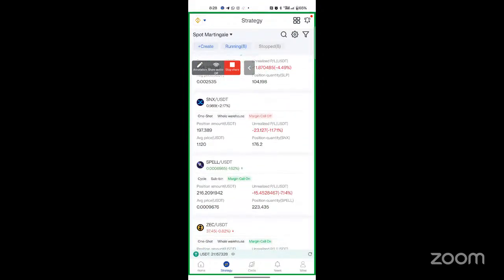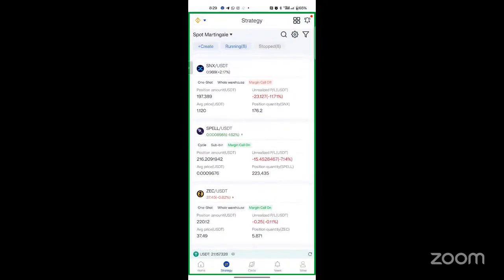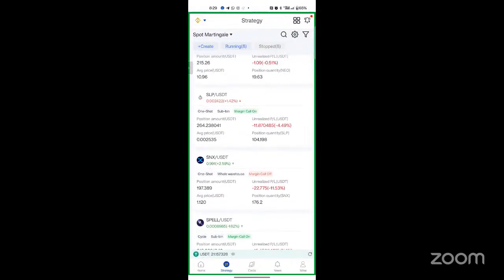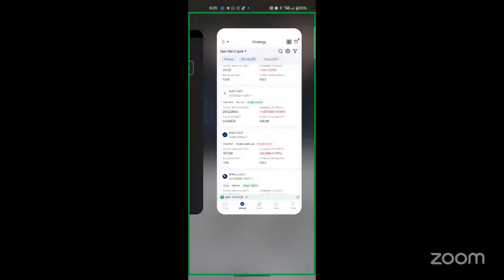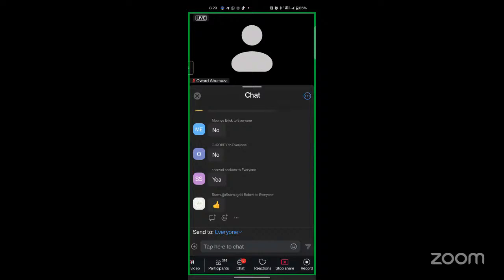Does that make sense to someone? I know the strategy works. Now I'm just going to come up with a better setting that could help me make more money with the strategy. Now I just need to find a way of exposing more money so that instead of me getting $5, $4, I can now get 10, 15, 20, 30,